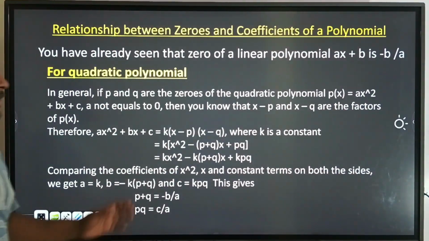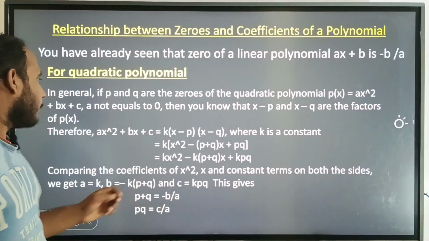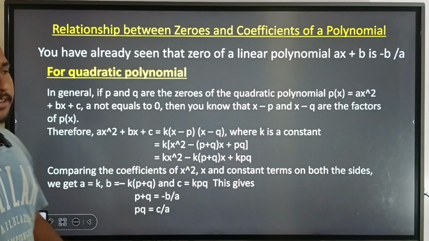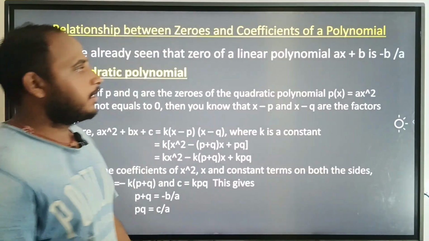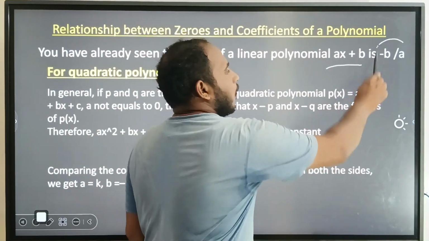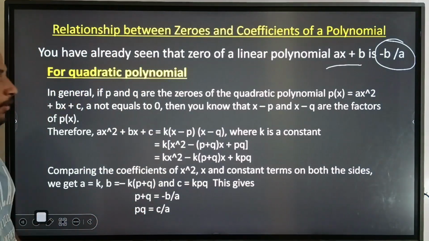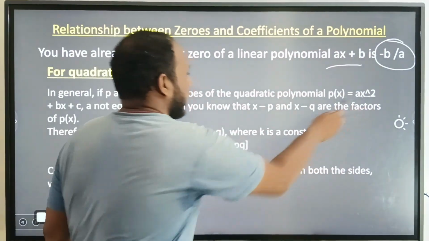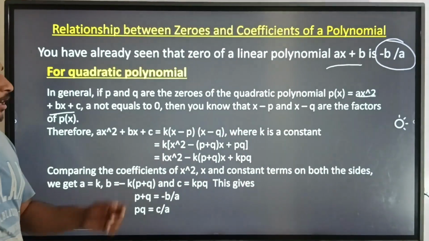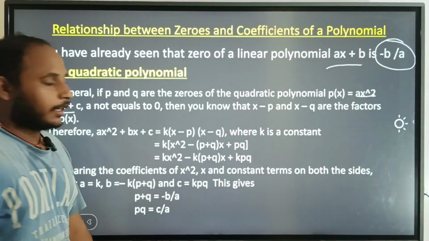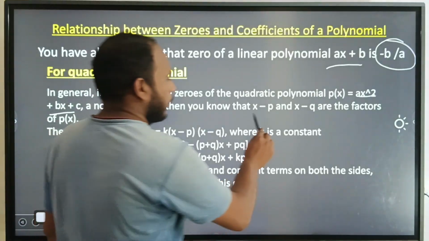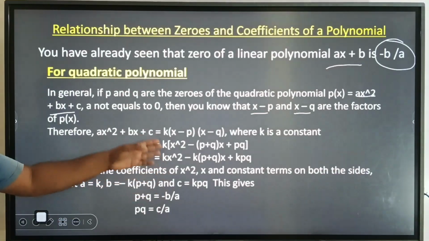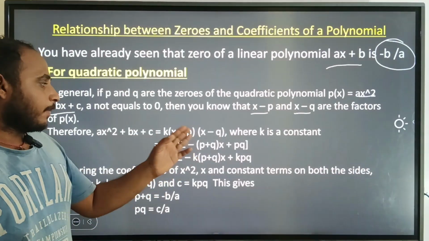Now, we have to find the relationship between zeros and coefficients of the polynomial. We have already seen that ax plus b is a linear polynomial. Then the zero of the polynomial is minus b by a. A quadratic polynomial is in the form of ax square plus bx plus c, where a is not equal to 0. Now, say x minus p and x minus q are the factors of the polynomial. Then ax square plus bx plus c equals k into x minus p into x minus q, where k